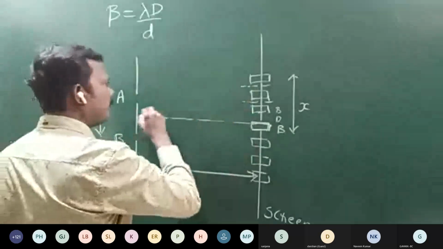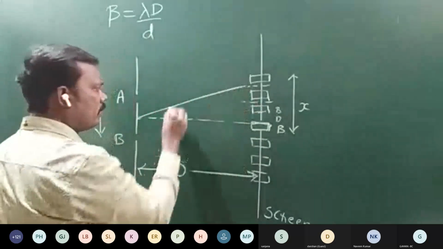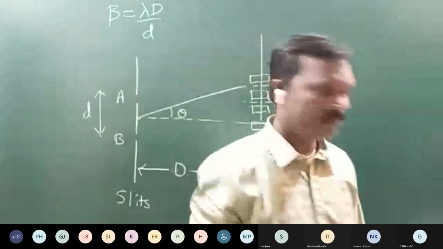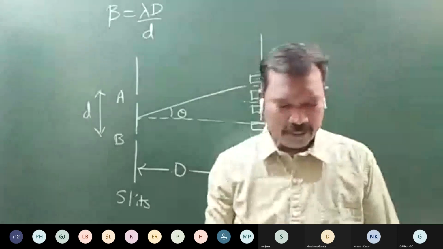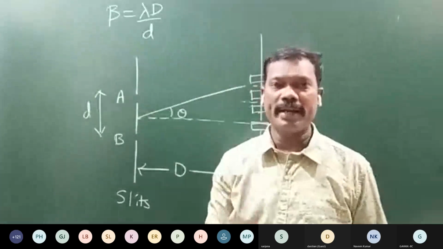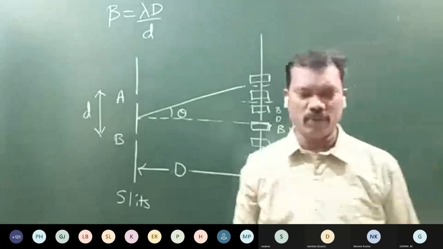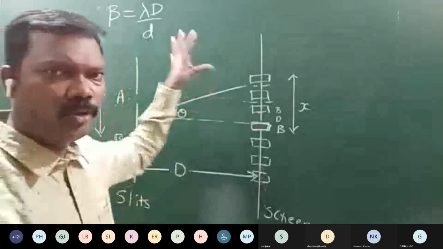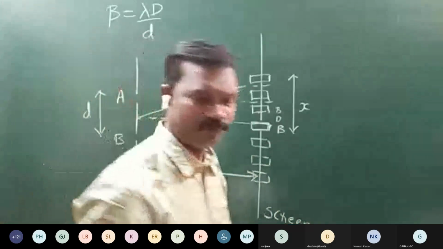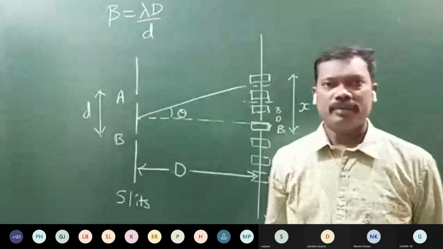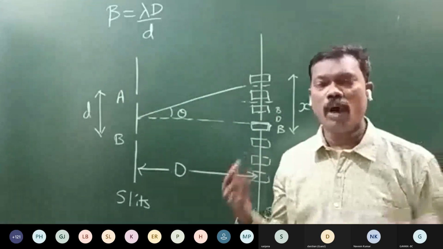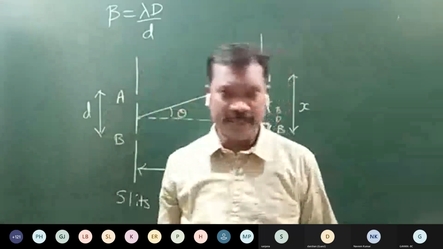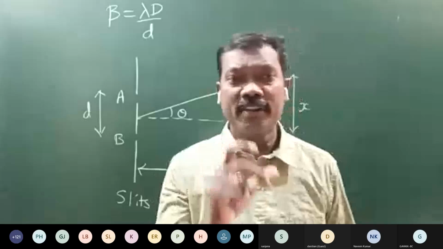Now, if we draw a line here, the angle between the horizontal and the line joining this one is called the angular width. That's the next important point. The angular fringe width theta is equal to beta by D, which is equal to lambda by small d. Understood? This is very important. If you know this, everything else becomes easy to solve. Now, what if the entire apparatus is placed inside some material like water? Then the refractive index will